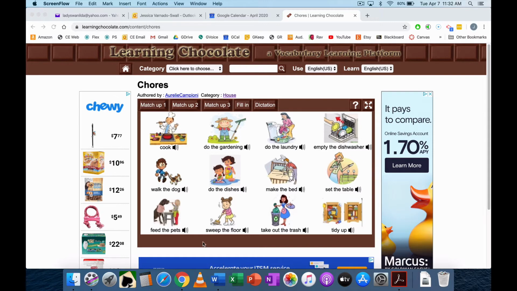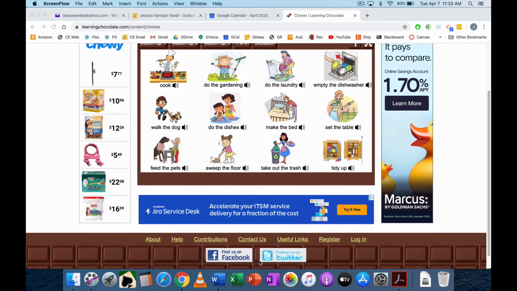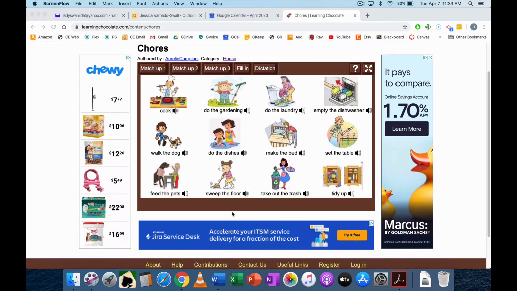Everything is inside this brown box. So please don't touch anything on the side or below the box. These are advertisements. Don't touch, don't click on the advertisements.